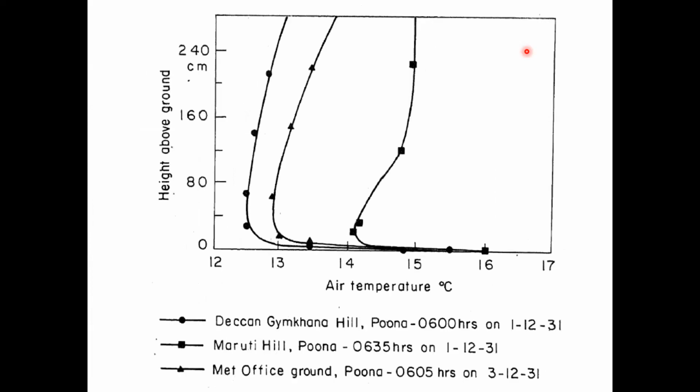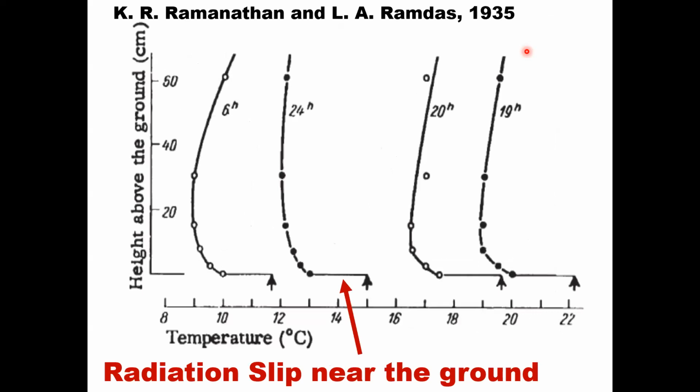Subsequently, he made many more measurements where he got an even deeper temperature drop of about 2 to 3 degrees. And so he was able to show that this happens at least a couple of times a year in winter, when the sky is clear. Now, this was continued along with K.R. Ramanathan, another famous scientist. And the reason I show this picture is to highlight the fact that the air temperature